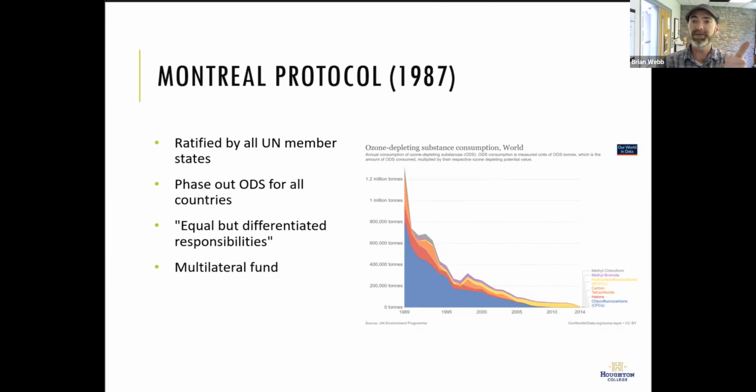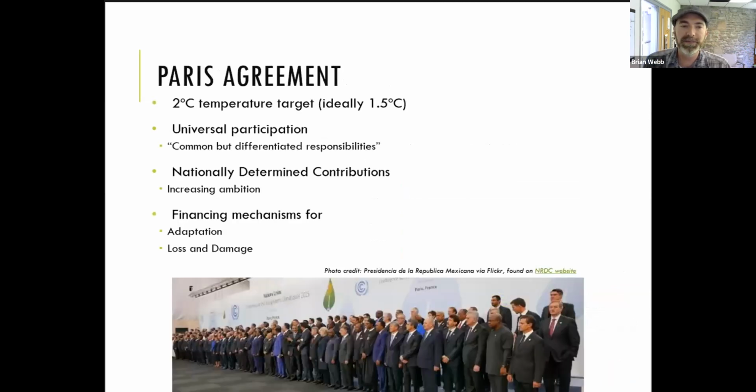It requires agreement from every country, essentially, particularly from the major users and the major perpetrators. And you need to have a lot of flexibility built into that. It's important to get support from outside of the government as well. Those are some of the keys. The other one I want to highlight, Paris Agreement. Paris Agreement, per se, has not yet been particularly, it certainly hasn't been successful, but it has been effective, I think, at slowing carbon emissions and creating a mechanism that the world can come together to respond to climate change particularly. So some basics about the Paris Agreement, and I think we'll revisit this later too.